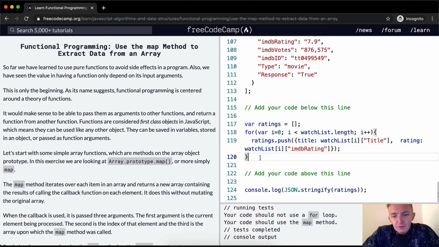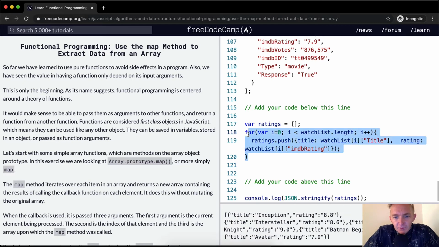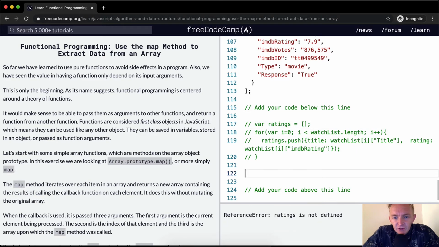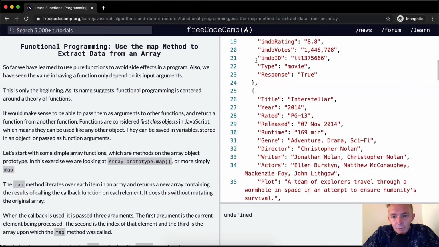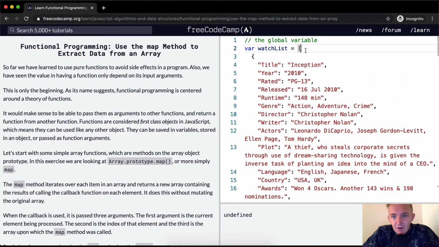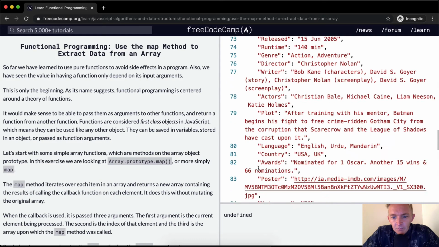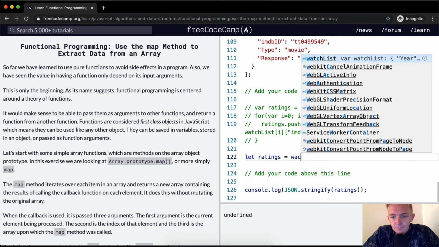Okay, so the first thing we're going to want to do is get rid of this for statement. We don't need that. We don't actually need ratings to be declared here. Let's just declare ratings specifically here. So we're going to say let ratings equal, and then we want to run a map, which is a function which runs on arrays. And so we're going to map, which means we're going to take this array and look at each object within the array individually. That's how map works. Map runs through each element of the array. So we're going to say watchlist